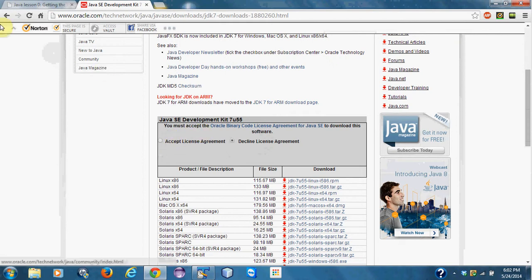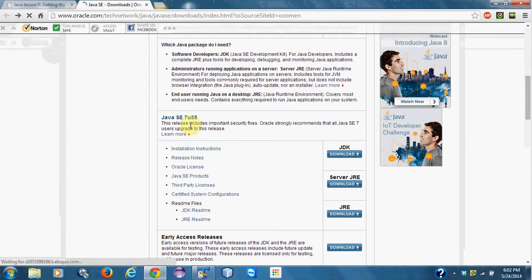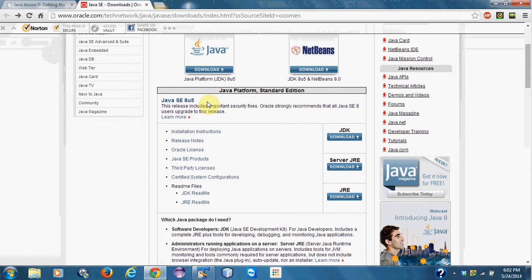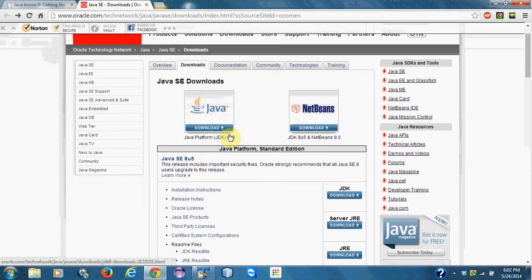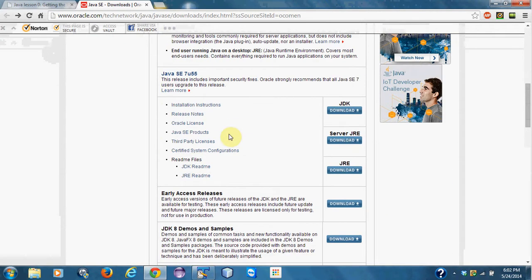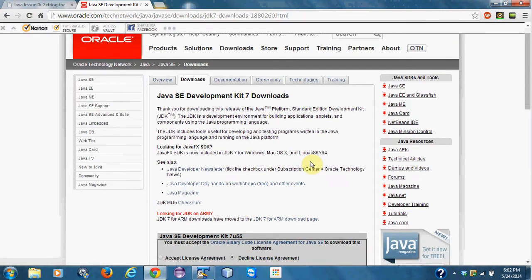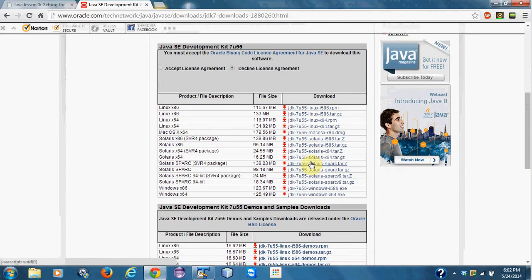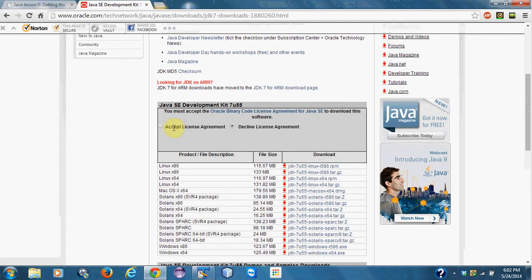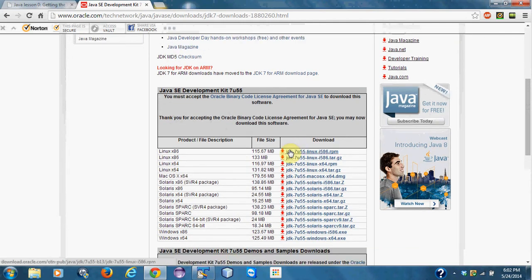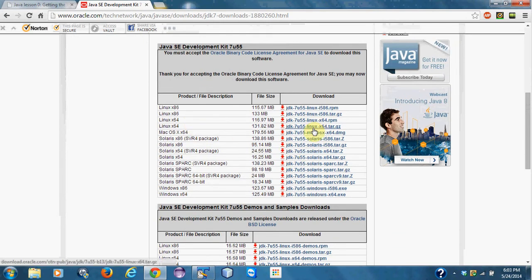Now remember, first off, we're doing JDK 7. There's a new JDK 8. The reason I'm doing JDK 7 is because I know that TextPad works with JDK 7. I'm not sure if it works with 8. So we'll use 7. So accept license agreement, and if you're on a Mac, you click this link,